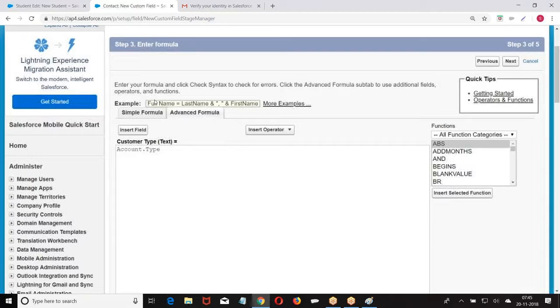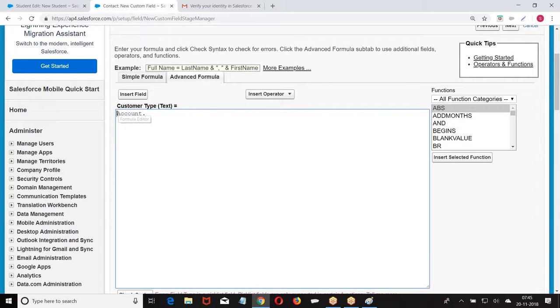The type is a pick list field, so what should I do? The pick list field, so I will not be getting that directly. Is it a pick list field of account type?